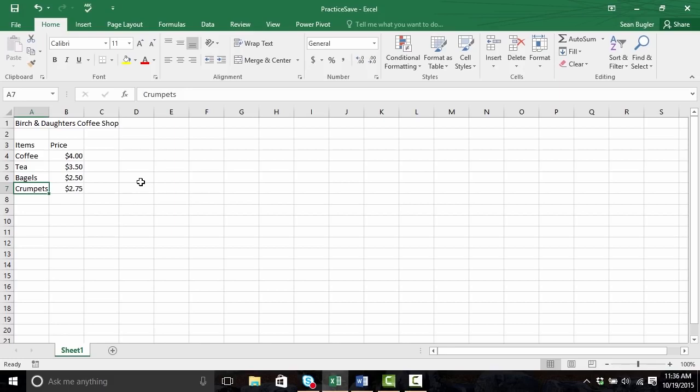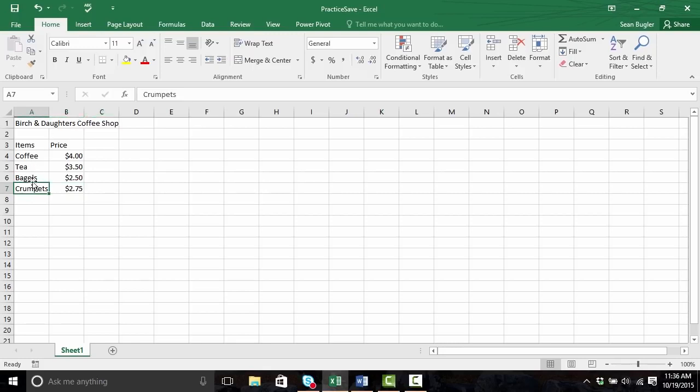There's a couple of different ways I can do that for you. The first way I can do it is simply by pressing the delete key. So I'm going to highlight A7 and press the delete key, and you'll see that it's deleted the entire value instantaneously. So that's one way to do it. I'm going to go ahead and undo that so I can show you another way. To undo, you can either use the undo button on the top left corner, or alternatively, you can press and hold the control key and tap the letter Z. Either way will work. So once again, you can either press the backspace key or the delete key to delete a value,